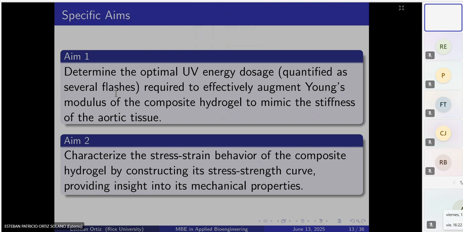In this project I had two aims. The first aim was to determine the optimal UV energy dosage to increase and decrease the Young's modulus. As you know, the Young's modulus quantifies the stiffness of the material, how soft or how firm the material is. So I want to quantify whether exposing this hydrogel to less or more UV light is going to increase or decrease the mechanical behavior